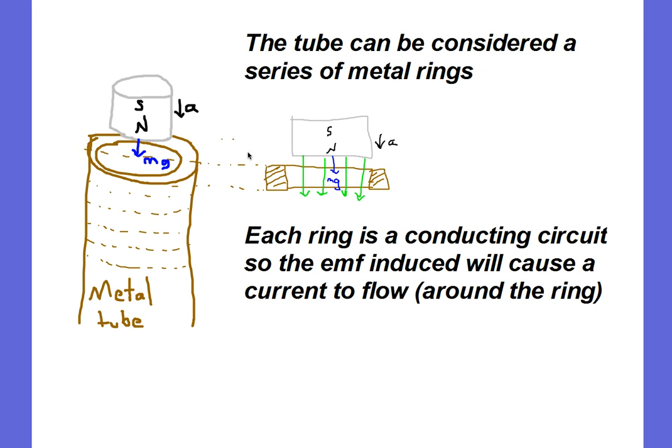And this little picture here shows you the cross section of the tube. I've cut along this dotted line here, and so what I can see is a hollow section in the middle, and I've got the two metal ends at the side. And so as that magnet's falling through the tube, it's falling through a series of conducting circuits. And as we know, an EMF is just a voltage, and if you've got a voltage in a conducting path, you'll get a current to flow around each of those rings.